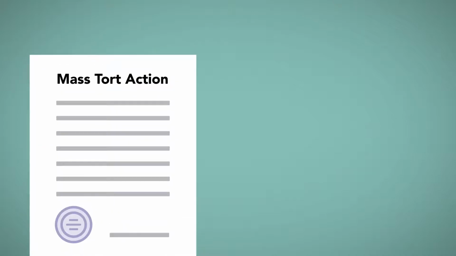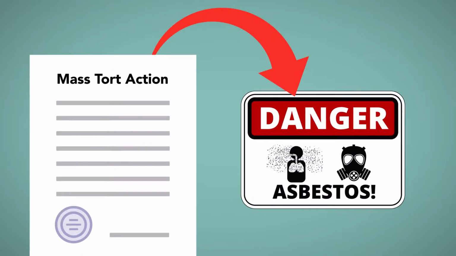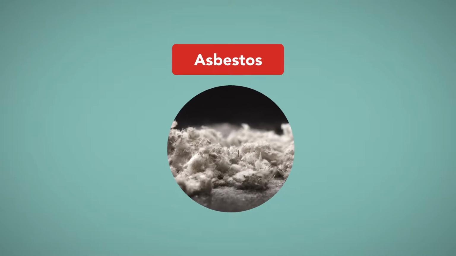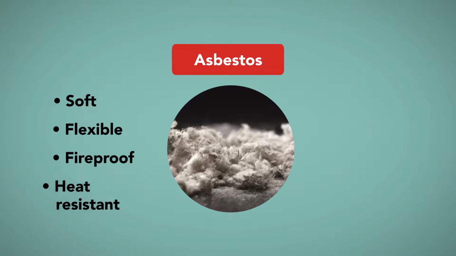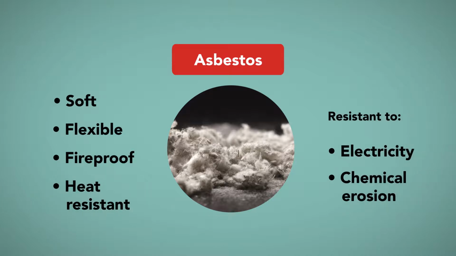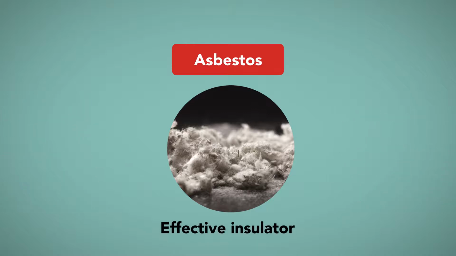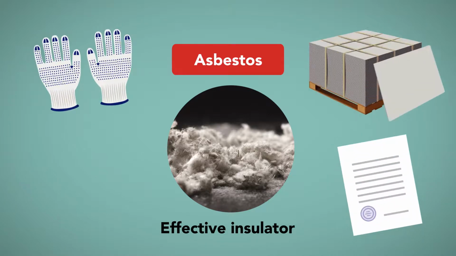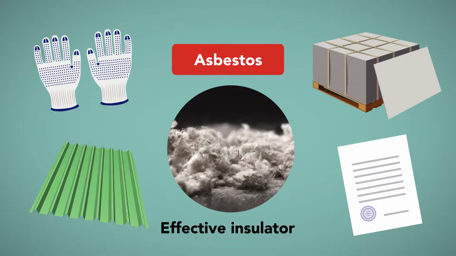Some of the most significant and well-known mass tort actions are those that arose from claims over the use of asbestos. Asbestos is a hypothetically useful mineral because it can be pulled into soft, flexible, fireproof, and heat-resistant fibers, and is resistant to electricity and chemical erosion. Pure asbestos is an effective insulator, and it can be mixed into cloth, paper, cement, plastic, and other materials to